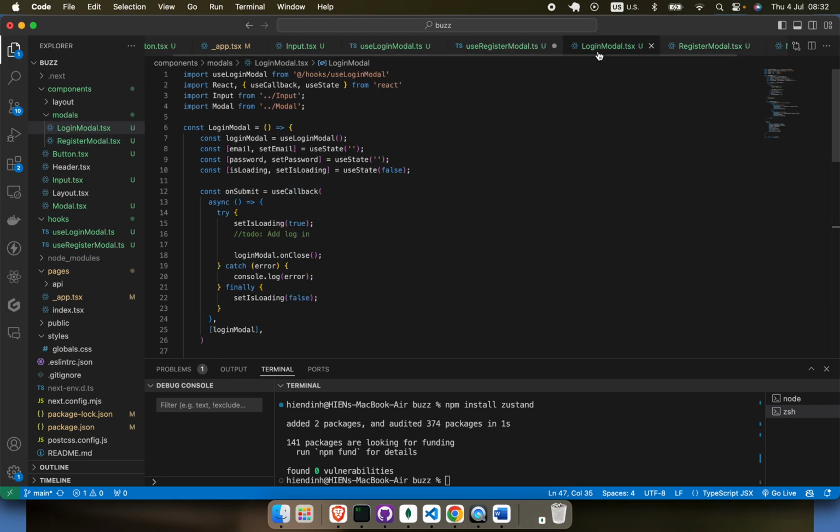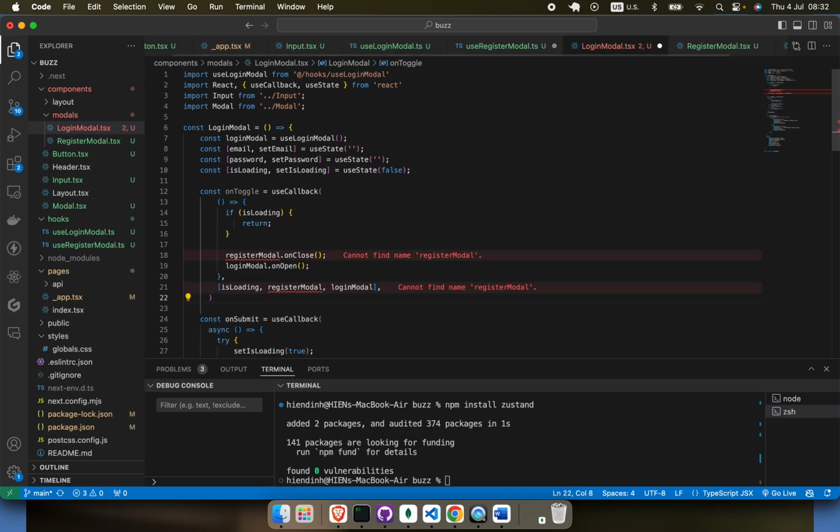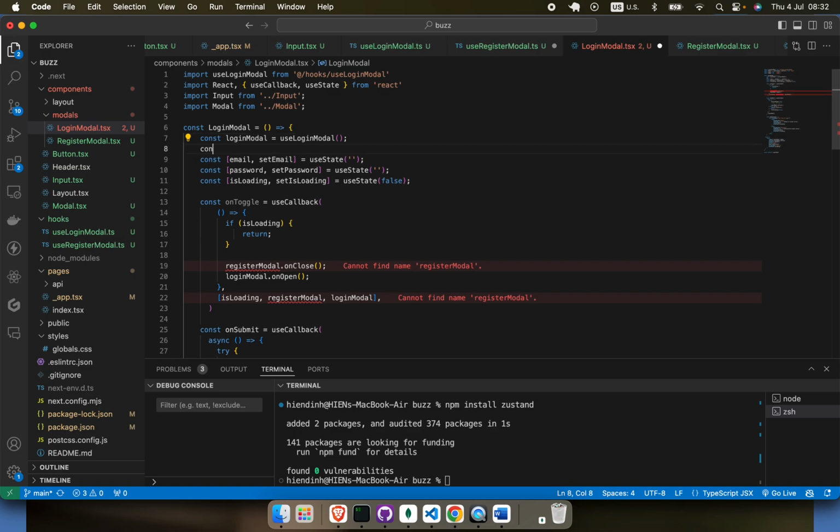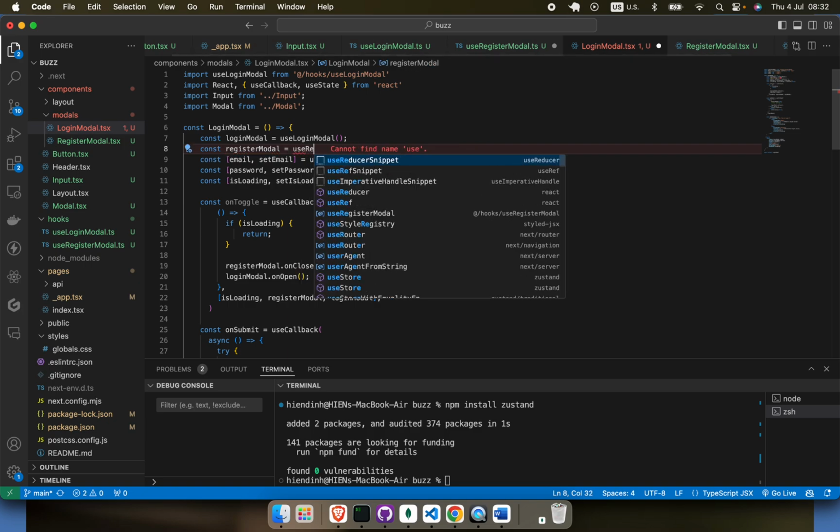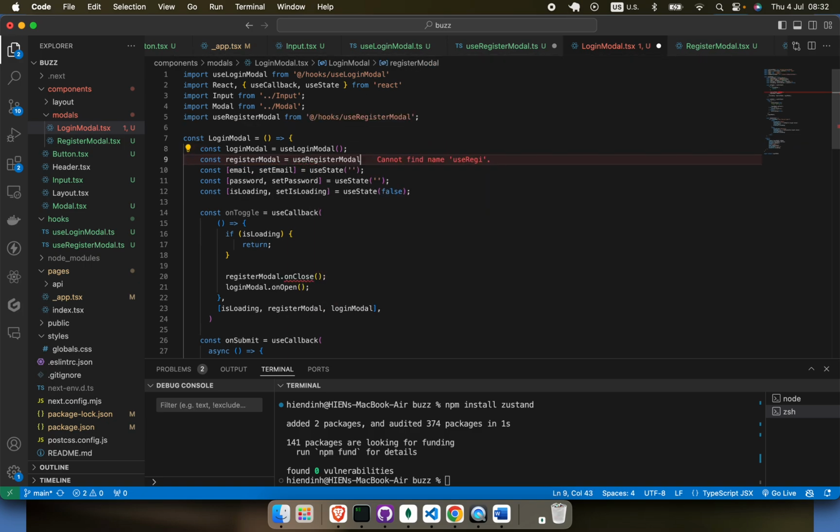In the login model, and just above on submit, paste the onToggle. We're gonna get an error because we don't have register model imported, so make sure you do that. Const register model, use register model like this. All right, great job. And now we have to write a footer content right here. And for that, you can also copy it from the register model. So just go here and